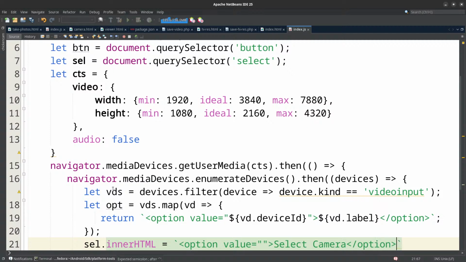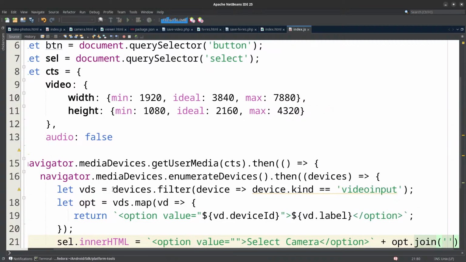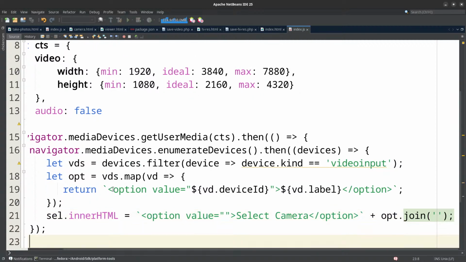And then I'm going to append the other options, dot join. Okay. Now that we have that,